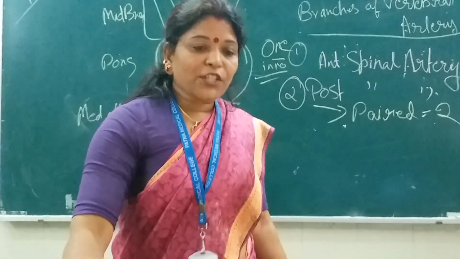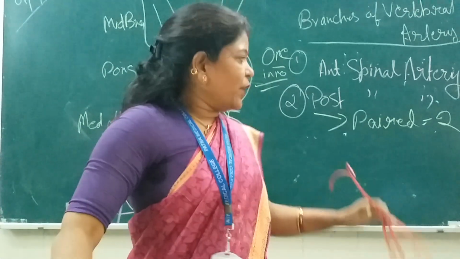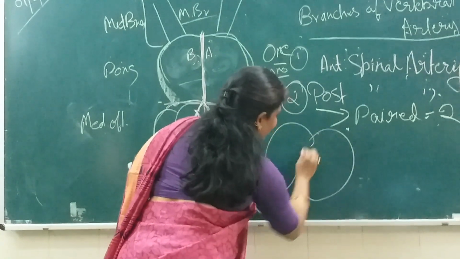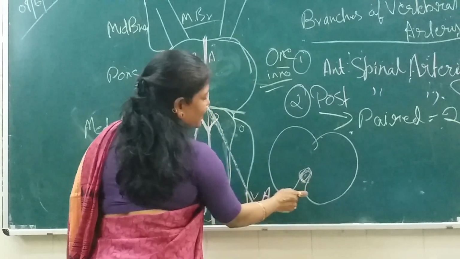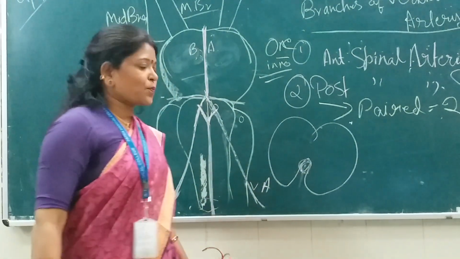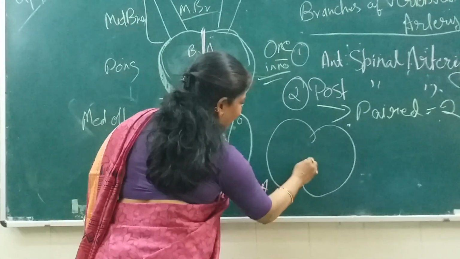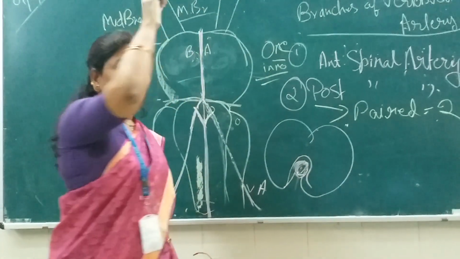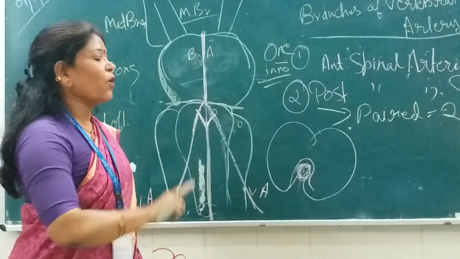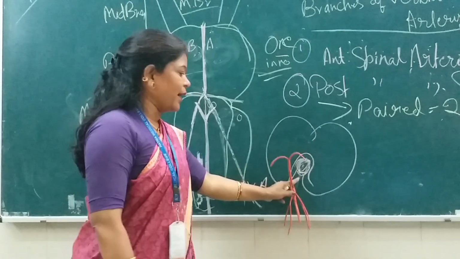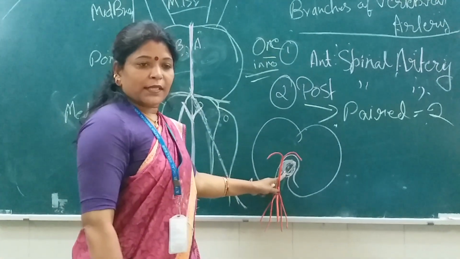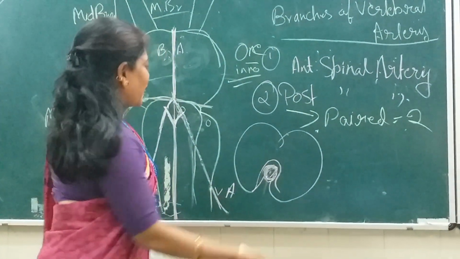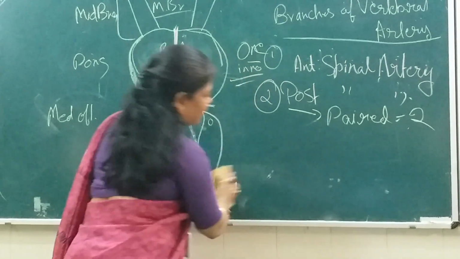And this will be continued below, because the name is anterior spinal artery, so it has to run where? In relation with the spinal cord. Okay, in relation with the spinal cord in the anterior, here what is that? Anterior median fissure or sulcus of the spinal cord. So it is the anterior spinal artery which will run along the whole length of the spinal cord in the anterior median sulcus. Isn't it? That is the anterior spinal artery.